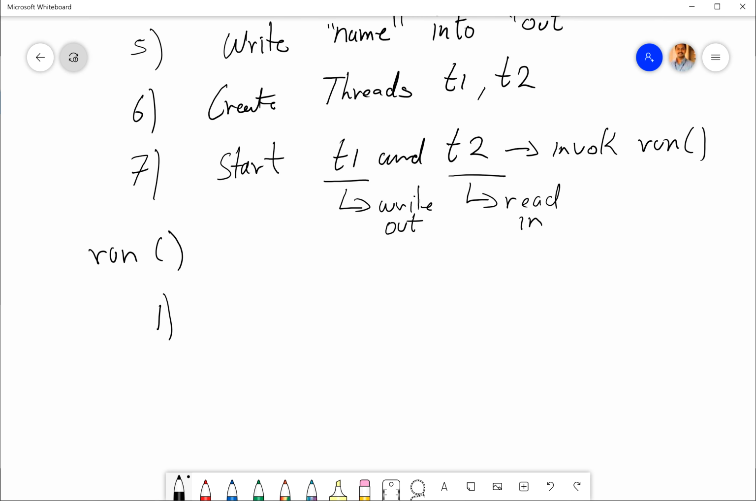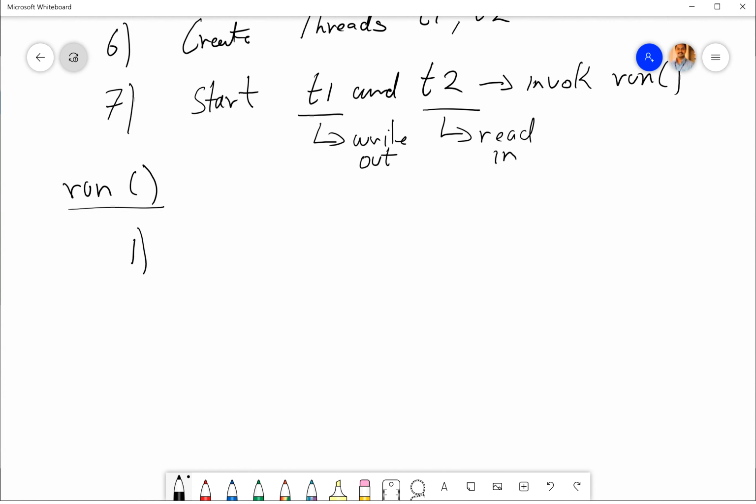Okay, so first identify whether the thread which is calling run is T1 or T2. So let's have a condition over here. If my current thread is equal to T1, okay, then